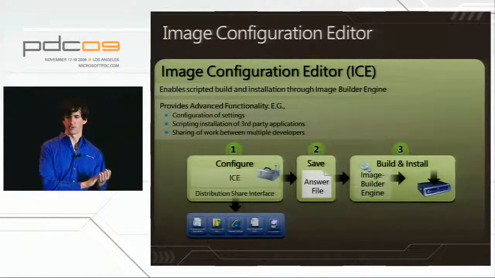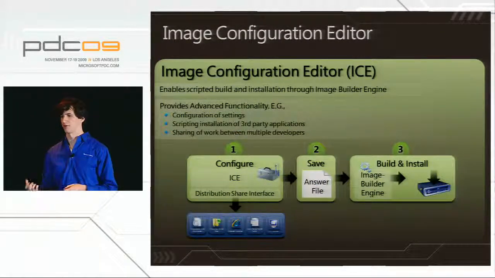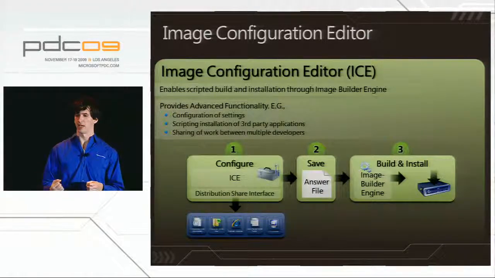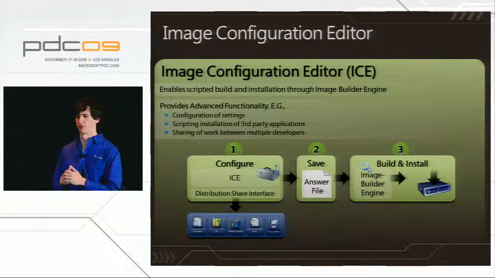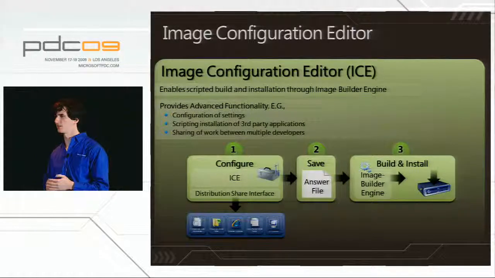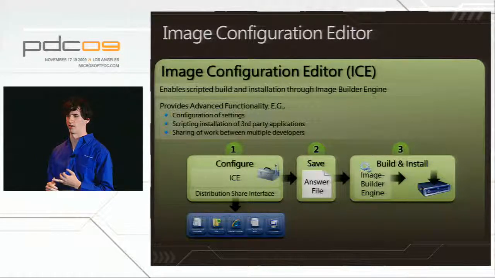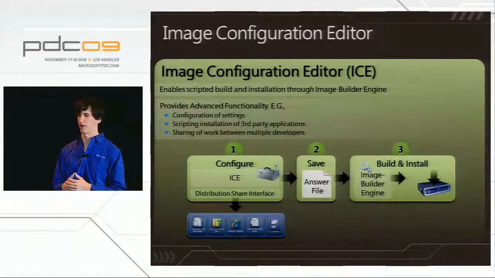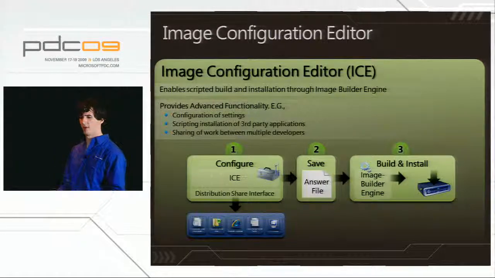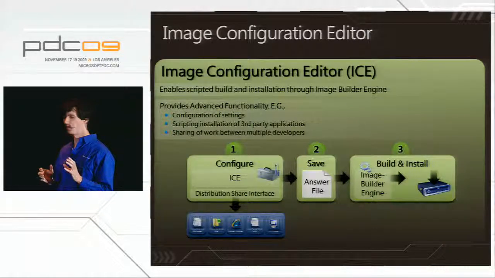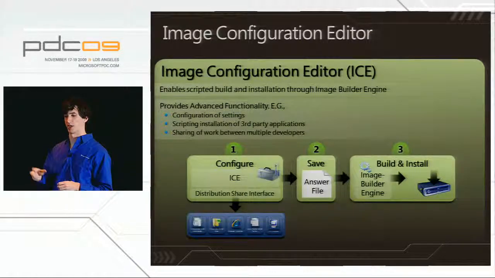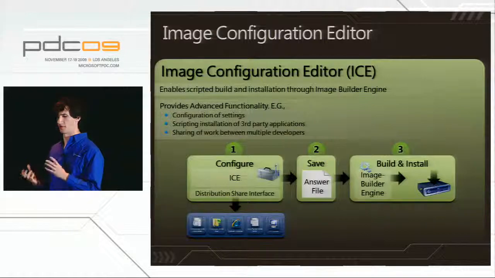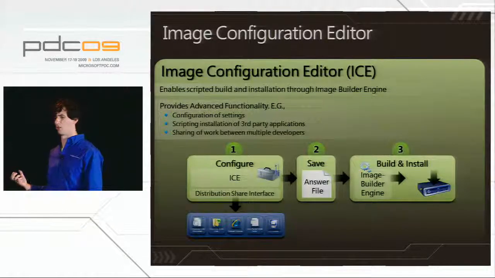So Image Configuration Editor enables build through the image builder engine. It gives you a set of advanced functionality like configuration of settings, so I can do things like turn the firewall on and off, set my partitioning up, things like that, all from my dev machine. So I have this large step of configuration in ICE. From there, I'm going to go to my answer file as my output,